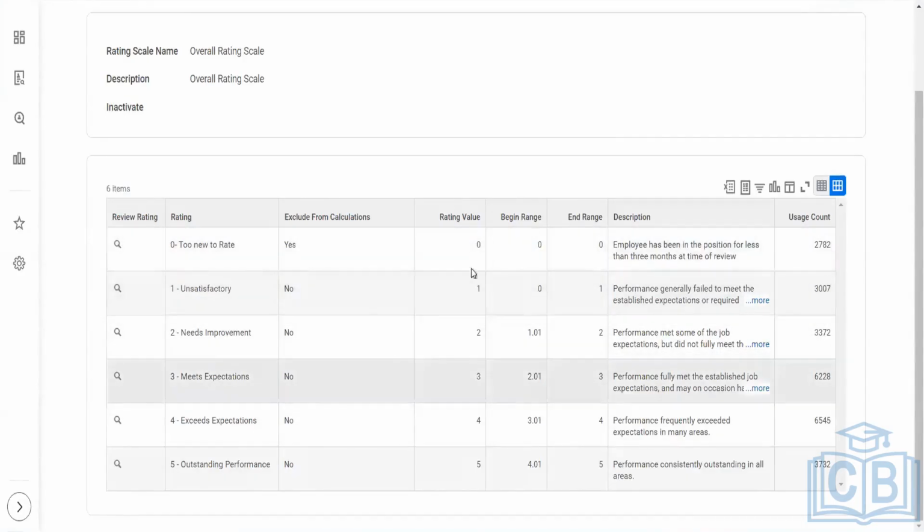Talking about this rating, normally you will not have to create anything. This is just for reference purposes. Here in the description, everything will be mentioned, like 0, 1, 2, 3, 4, 5. Some of the clients only have a 3 rating scale. Some have a 10 rating scale. It depends on the client. Talking about this, this is the rating value. This is the beginning grade and this is the end range.